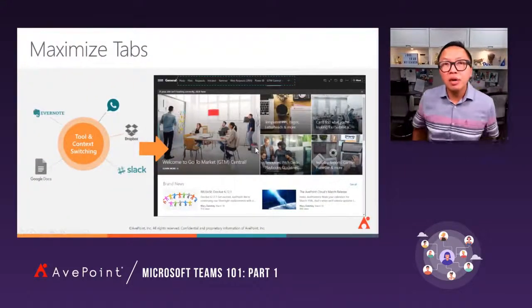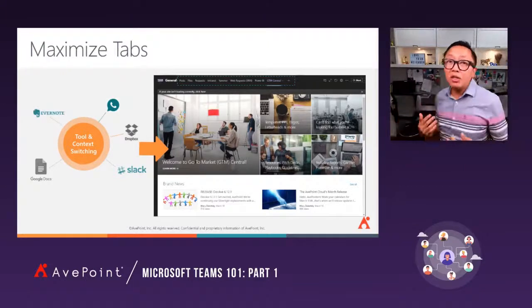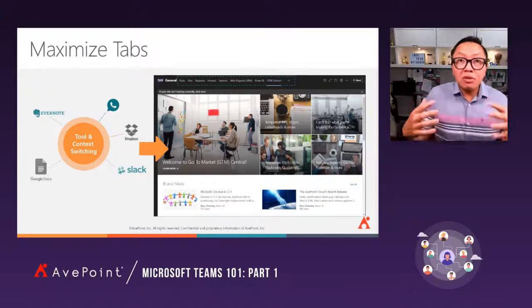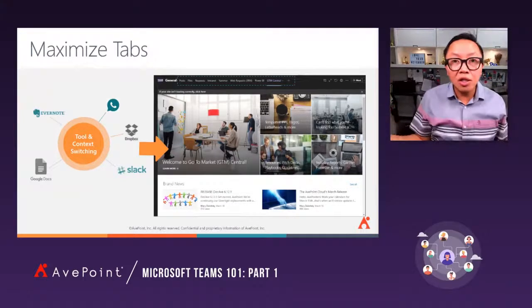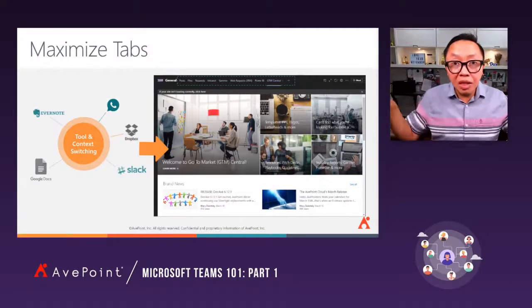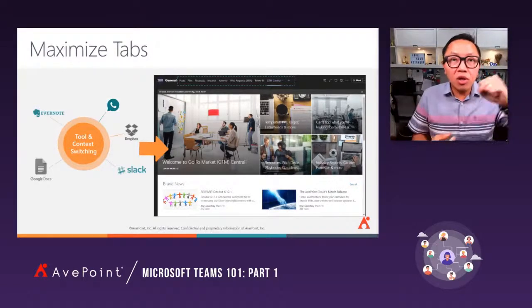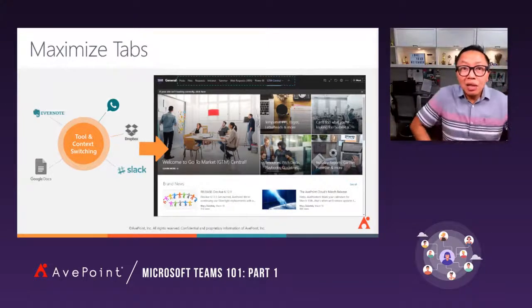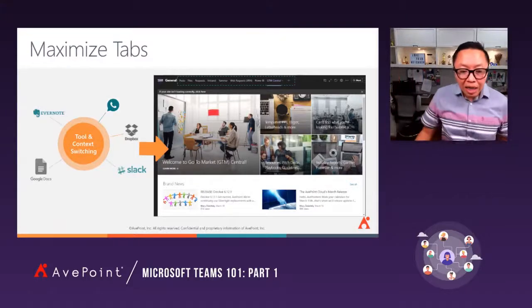And why is this important, right? This reduces context switching. So imagine if I have a new colleague that joined marketing, on top of the ability to see all of the conversations and acquire all the knowledge around what we do, they don't have to go to 10,000 places to access all the tools. In the past, I would have to say, okay, go here and use this login, go there and use that login. But today, as long as they're living and breathing in Teams, all the tools they need are right there.